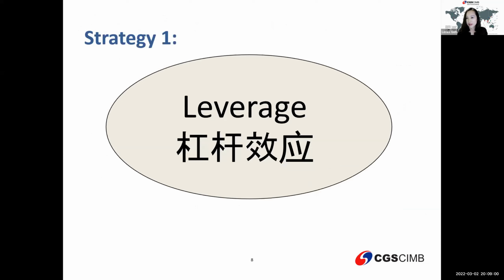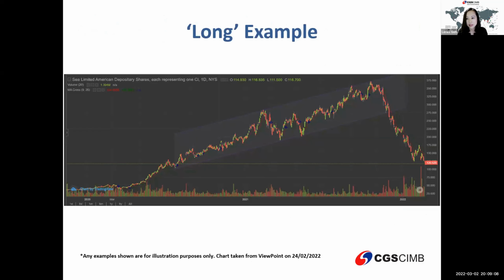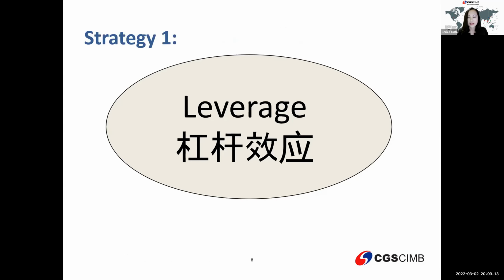There are many ways and advantages of CFD. First of all is leverage. Everybody knows CFD for its leverage factor. Essentially, CFD itself is trading on margin basis. So if you want to buy, for example, Facebook, instead of buying 100,000 worth of value in traditional trading, meaning cash, let's say you are using a cash account to buy Facebook worth 100,000, you need to put up 100,000 worth of money to pick up the shares, and settle by T+2.